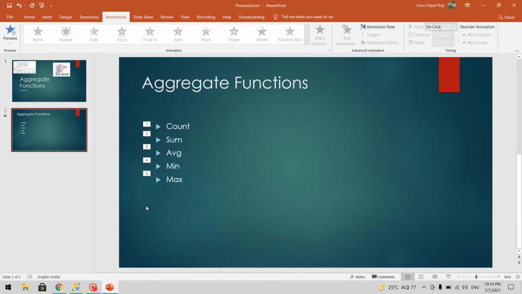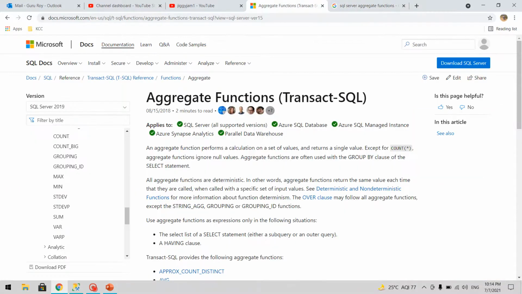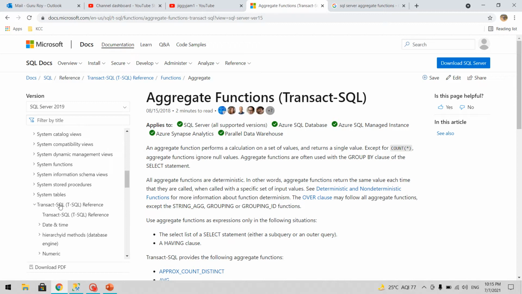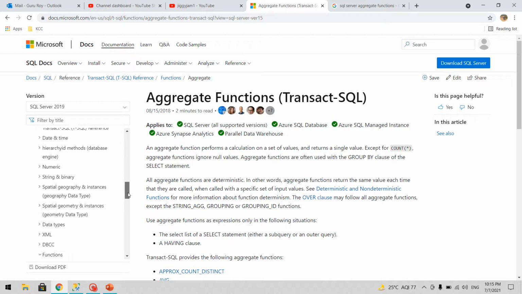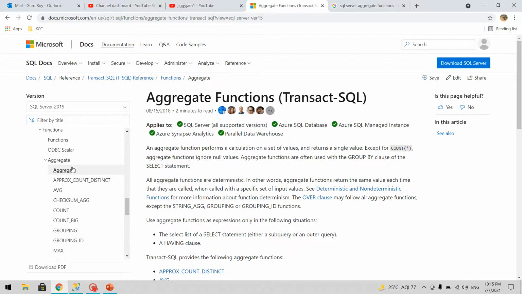To learn more about these functions, we can go to the SQL Server website and the Microsoft Docs site. We can select the version of SQL Server we want to learn, and then go to the Transact-SQL reference. Inside that we'll get a section called functions, and inside functions we'll get aggregate functions.